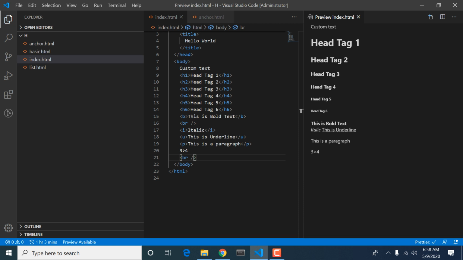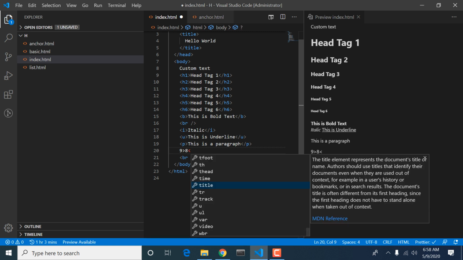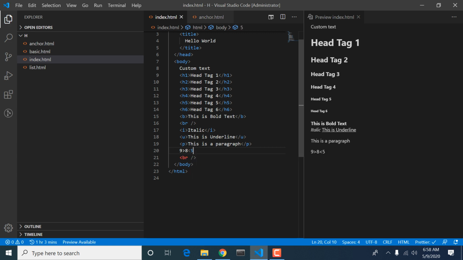The browser does not understand this, because it will convert it into an HTML tag, which is not valid.